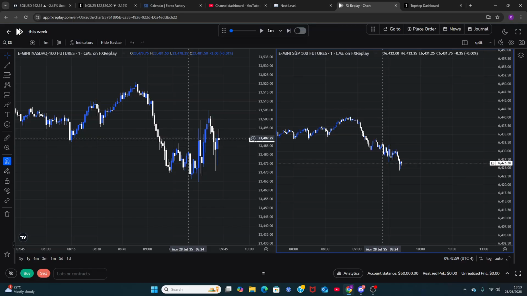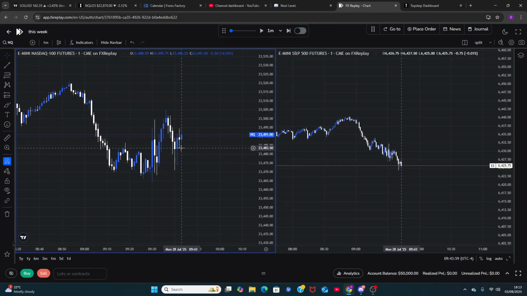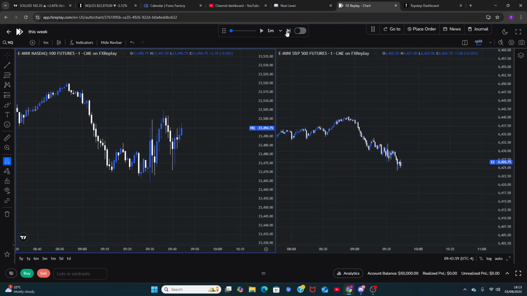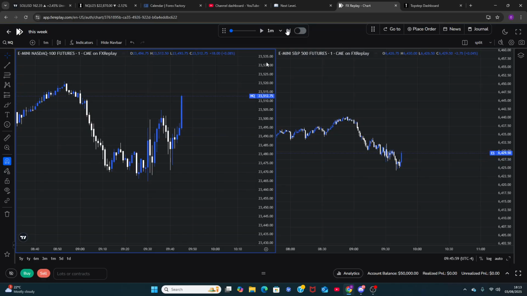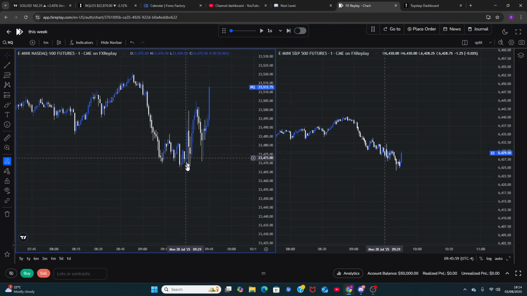So yeah, let me skip through now. So this is 43, nothing much. 44, nothing much. 45. Okay, 45 displaces highest. Now I should turn this to 1 second. Don't know why I didn't do that. 45 displaces highest. So now it looks like nice buys, right? We had a sweep, nice little sweep there.